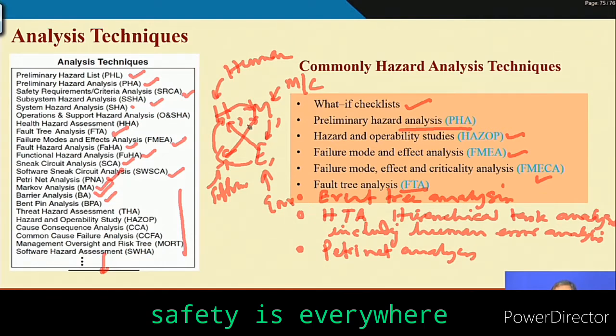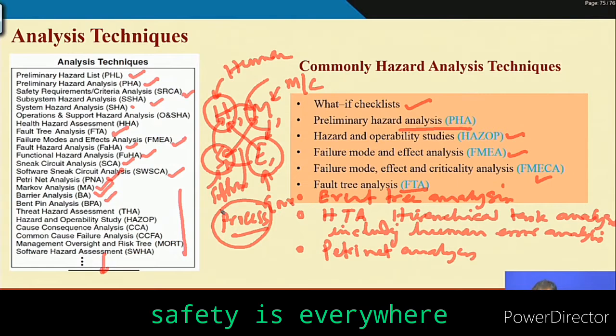So, now what are the techniques which are applicable to machine related hazard analysis? Then environment related hazard analysis, software related hazard analysis, human related hazard analysis. You think of a boiler, there is a process going on. You think of a chemical reactor, some process going on. So, that means another category is process. What techniques will be used for process hazard analysis?